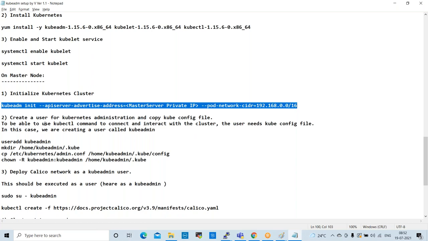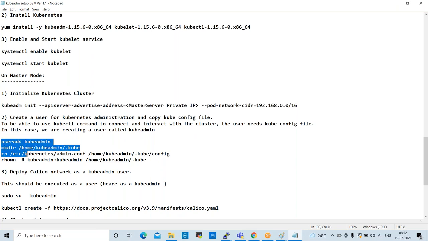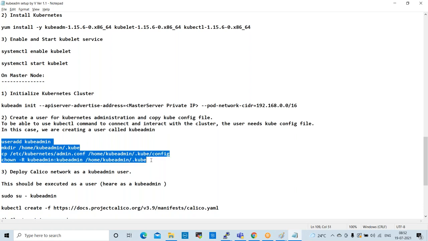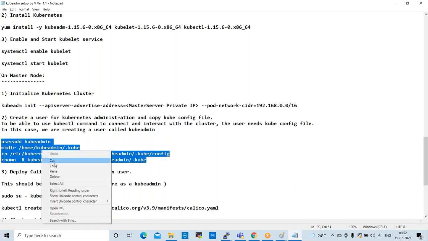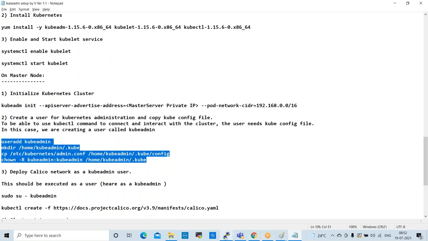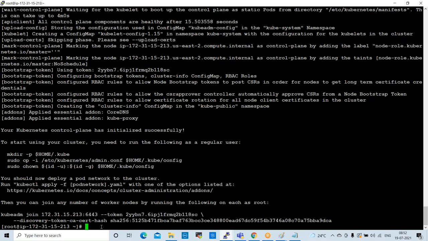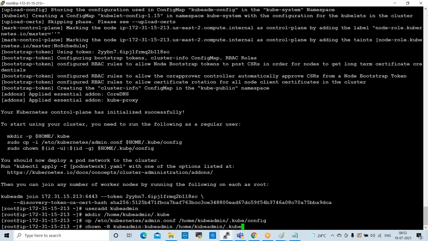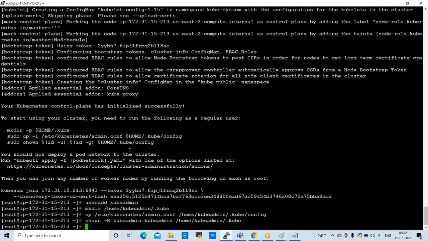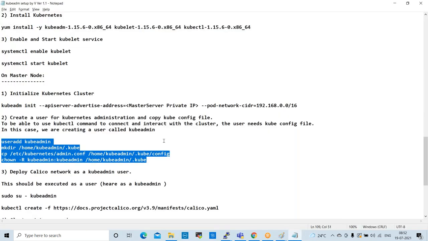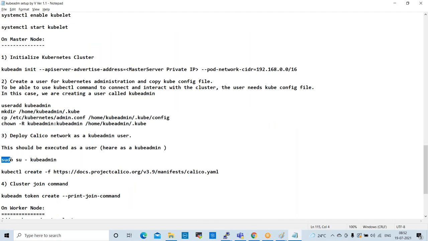So after that, next one is, this command we need to execute, user add. We are adding one user and we are creating one directory like this. You can execute all these commands at a time on master. 4 commands done. After that, switch to user.